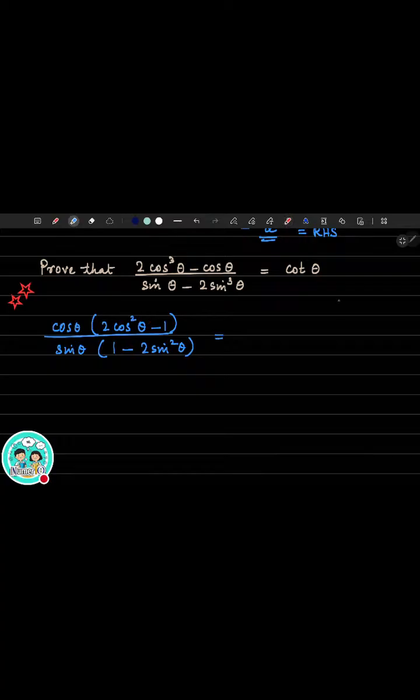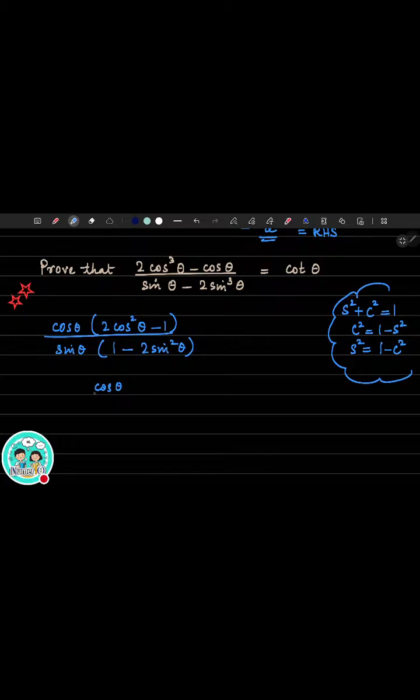So what we can do is, we have learnt an identity, that is, sin square theta plus cos square theta is equal to 1. Or we can write cos square theta is nothing but 1 minus sin square theta, or we can write sin square theta is equal to 1 minus cos square theta. So this is an identity that you should remember. Okay, so we can convert cos square into sin square. So how will you do it? So this is equal to,